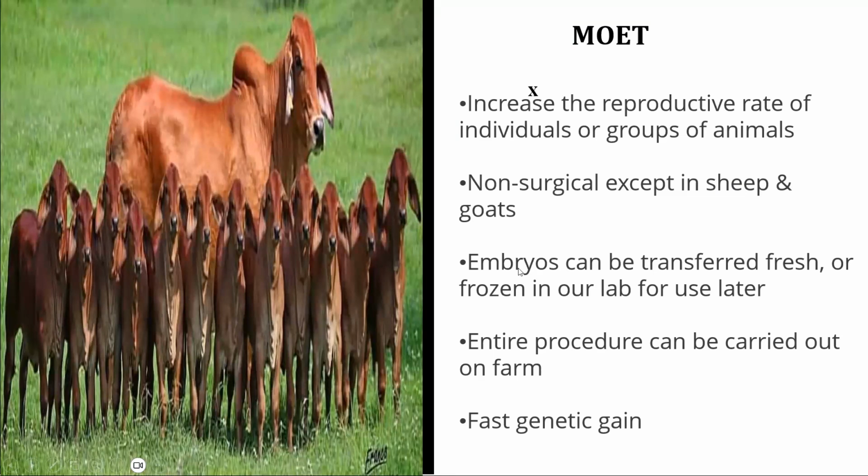Embryos can be transferred either fresh or frozen in the lab for future use. Then the entire procedure can be carried out in a farm. So this is a very good advantage. With my team in Genix breeding, we have demonstrated this, and we have had a success rate of up to